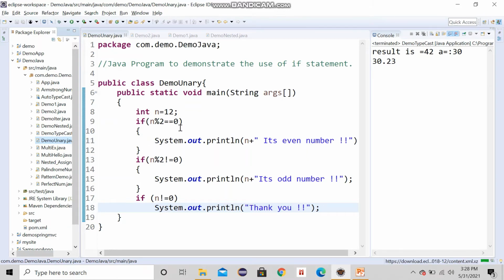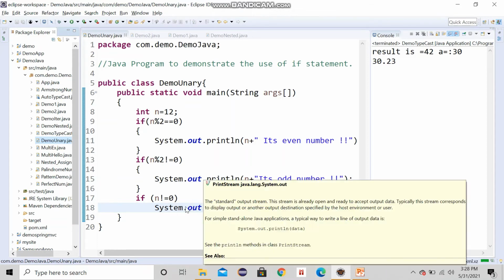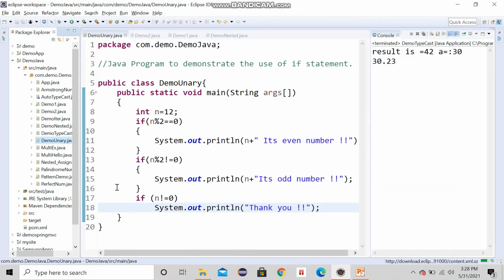If we are only checking even and odd, it will go to one of them, but it will also print this thank you, because there could be a condition which is no way concerned with even or odd, but you have to check it also. So it will go to each and every if condition. Let's run this program.